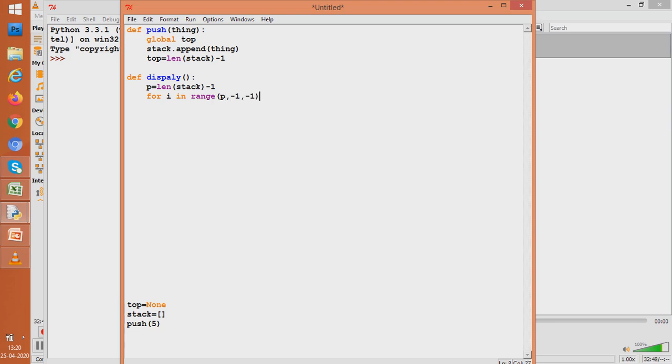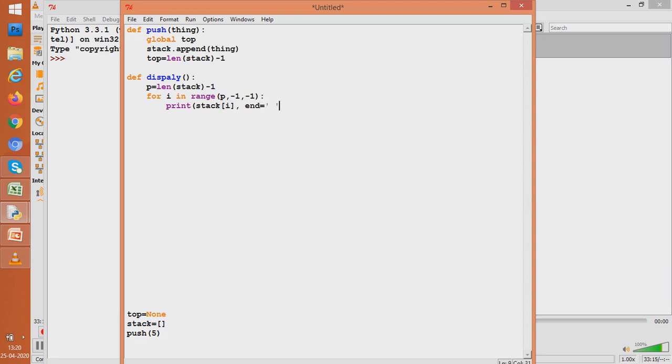As you have read in class 11th, this is going to work. The subscript numbers are going to be kept in I in the reverse order. And if I say print stack I, and also let us separate it by space.